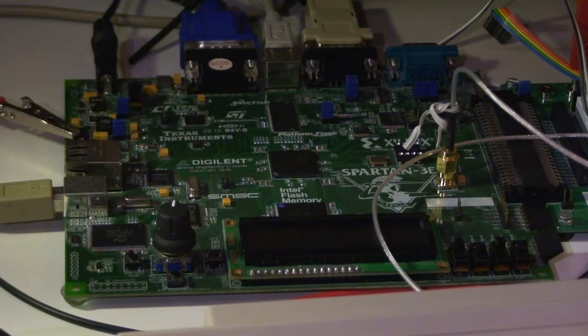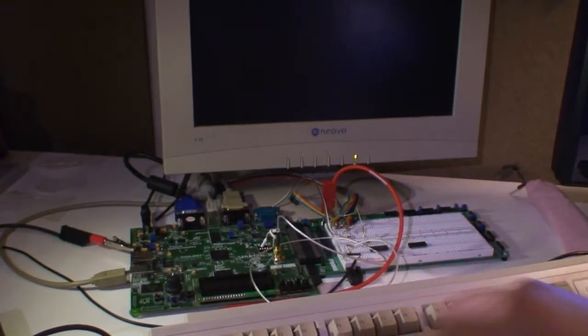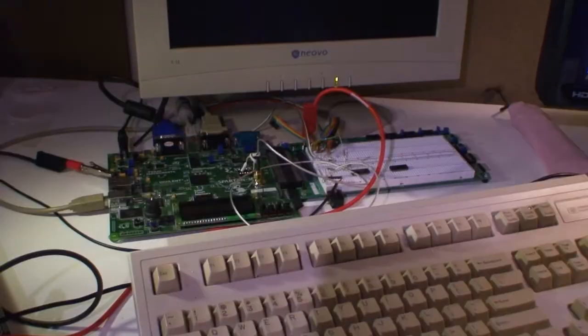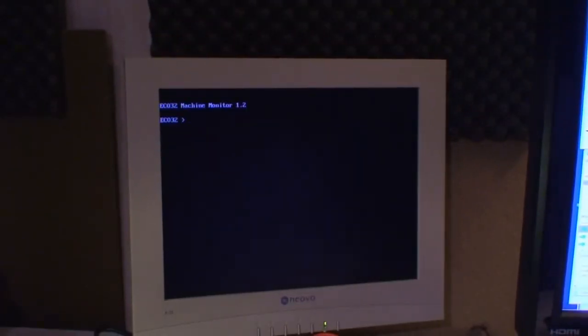We'll have a look at the FPGA board, Xilinx Digilent Spartan 3E board with the 500 version. FPGA Spartan 3E, which if I start it up, runs the Eco32 processor,